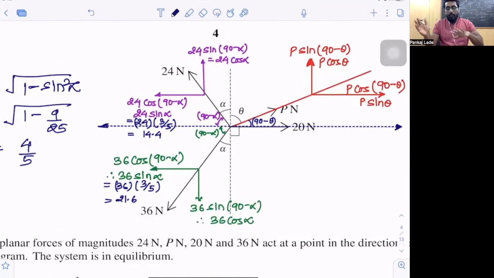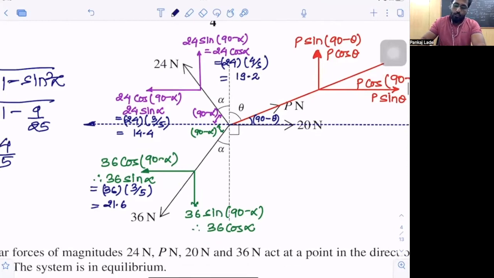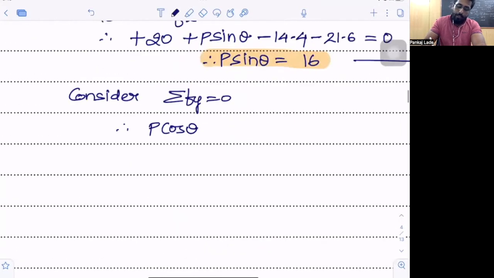So I'm already done with the P cos theta going upwards. Then 24 cos alpha going upwards. Cos alpha is 4 upon 5. So let's quickly get this also here. That's 24 into 4 upon 5. That should give us what? So it's always easier to write the values, students. So 24 into 4 divided by 5. That's 96 upon 5, or you can say 19.2. Okay, that's 19.2 newtons. So I'm going to write here plus